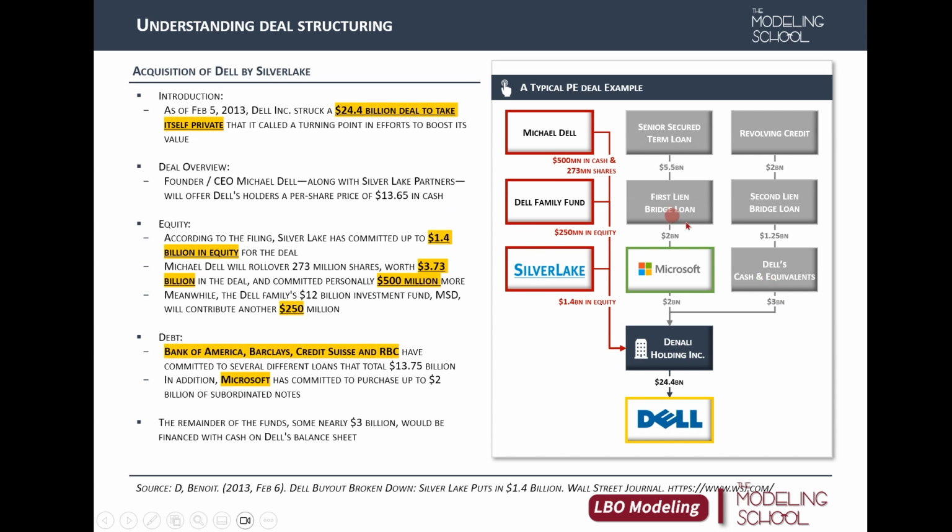This is just one example of a private equity deal structure. As we move on in our courses, we'll see a lot of different deal structures, and in our financial model we'll build our own deal structure to acquire a hypothetical chicken franchise company, which will be much simpler than the deal structure that we're looking at right now. But once you understand it, I think you'll be able to apply it to much more complicated deal structures.